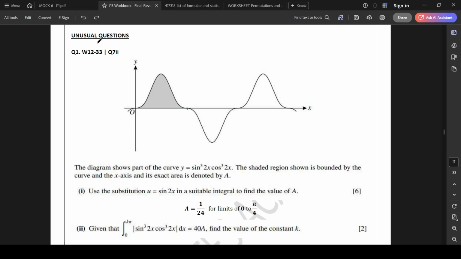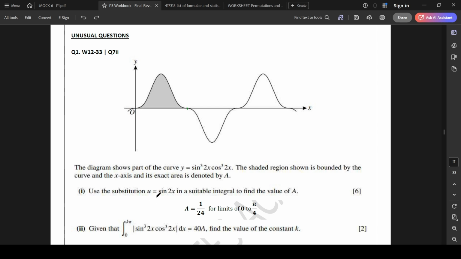So let me show you one unusual question with respect to P3 integration that came during the October November 12 paper 3 variant 3. I'm talking about the second part of question 7 in the paper. The first part was simply integration using substitution, and not a lot of students were struggling with that. I have got a lot of common questions from part 1, not about how to integrate, because